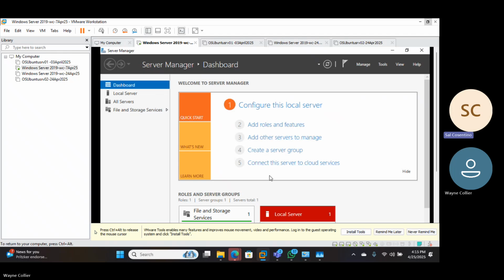So welcome to your first Windows Server 2019 on your laptop. You own this. It's physically your server in a data center that you created. And in your data center,